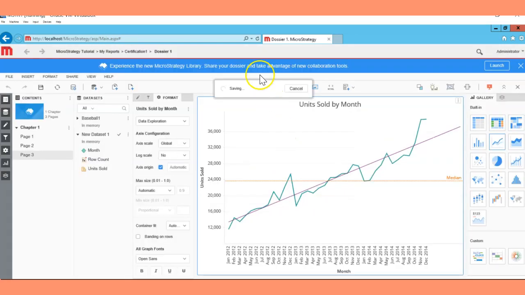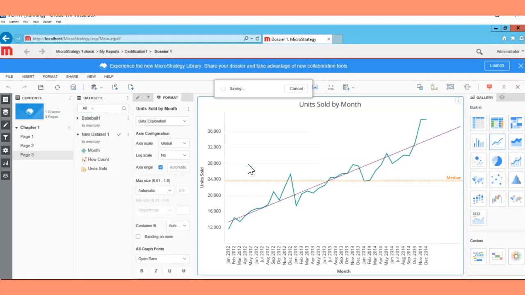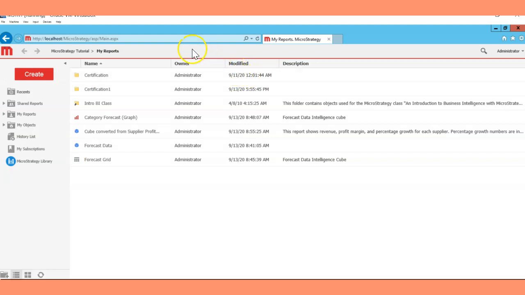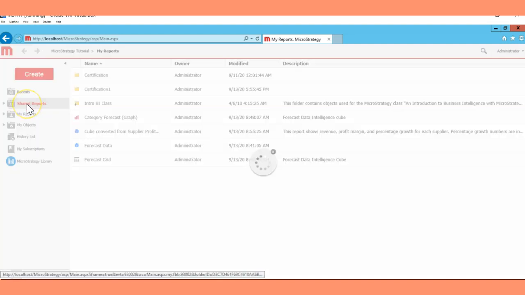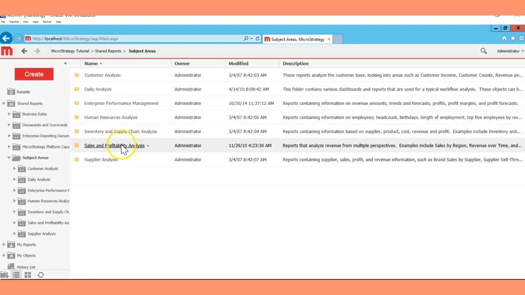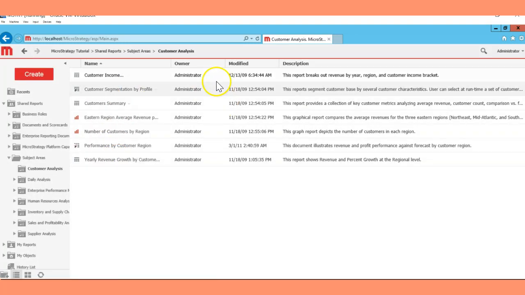Let me just log in. Okay. Let's go to my shared reports, and under the subject area you have a couple of folders, and under these folders you can find a couple of reports.